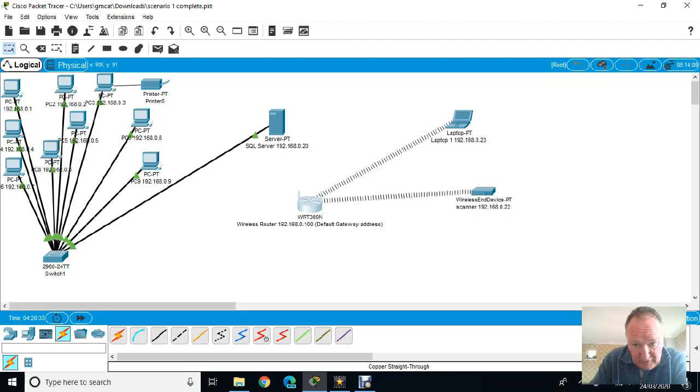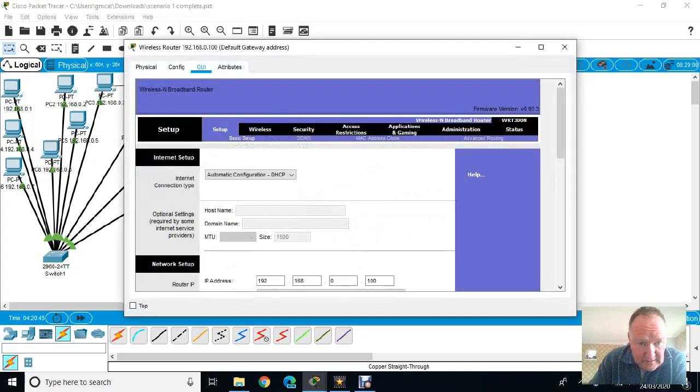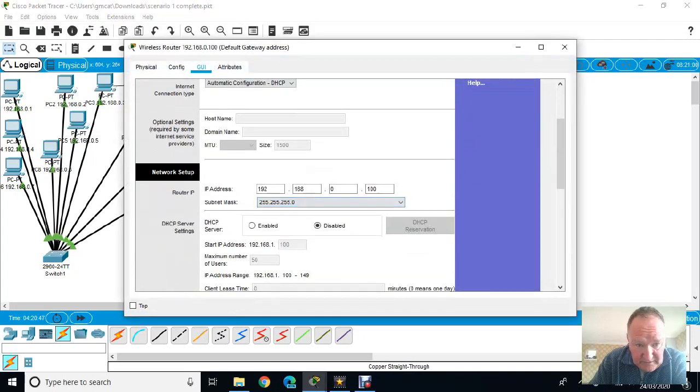Now it asks for a couple of laptops, so I've added a laptop, given it an IP address, and I've added an end device and renamed it scanner. So let me have a look at how I've set things up. I'll click on the router and you'll see that I've changed it around, and what we've got is router IP is